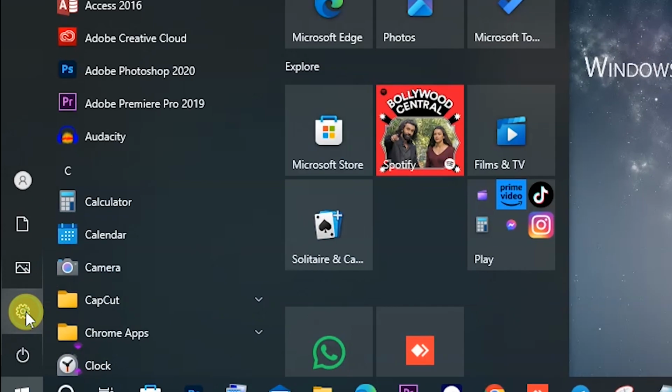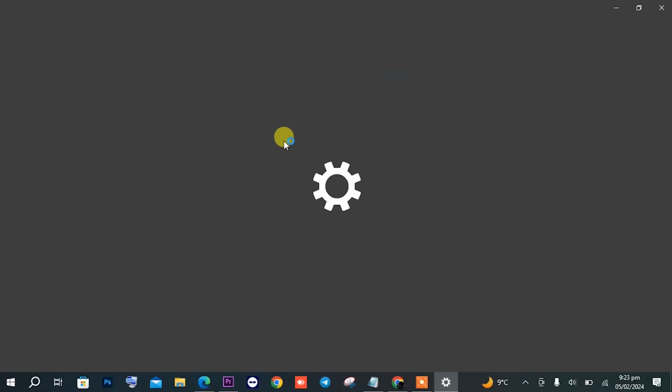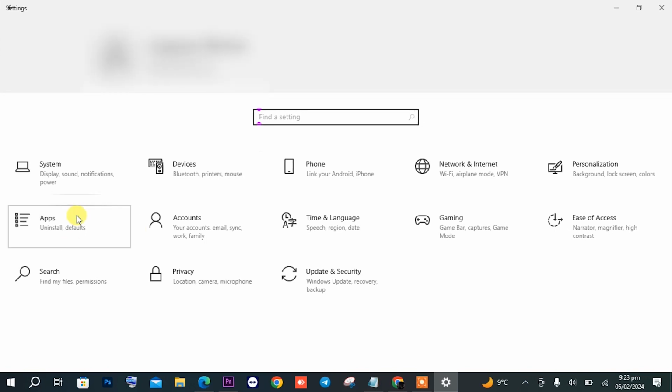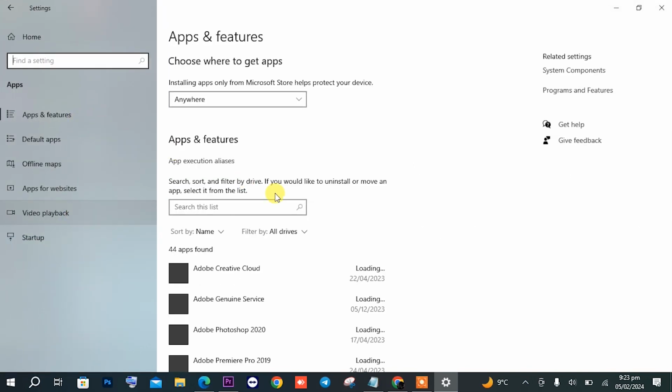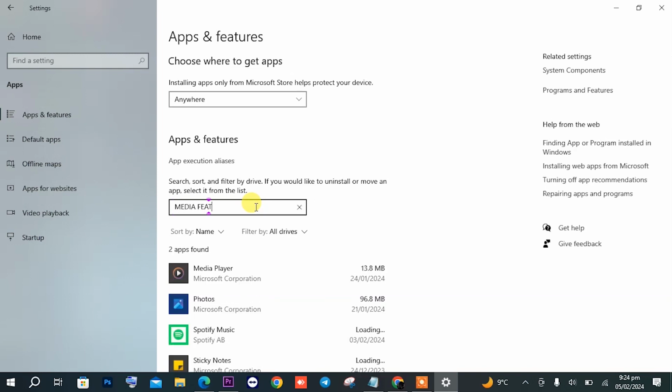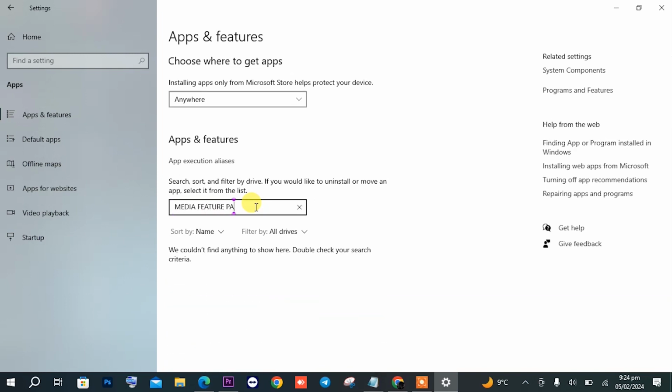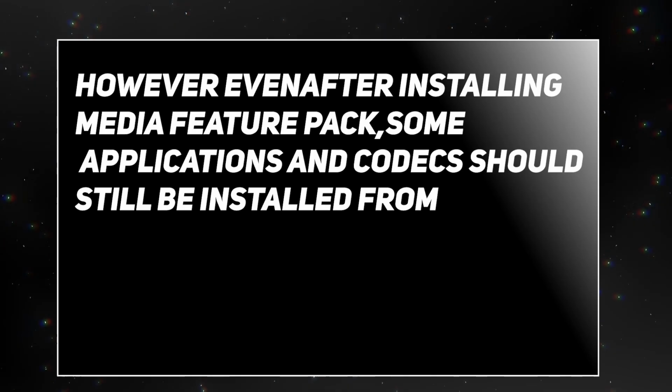If you have Windows N Edition, you can simply get the media feature pack by going into Settings, then Apps and Features, and in the optional features, you will find a media feature pack, which is absent in my case because I am not using Windows N. So you will just have to enable that one feature.